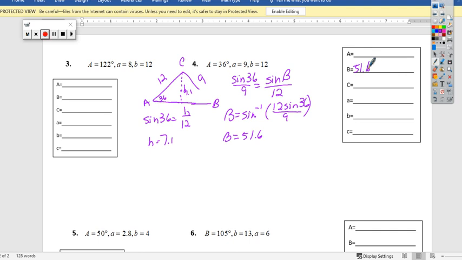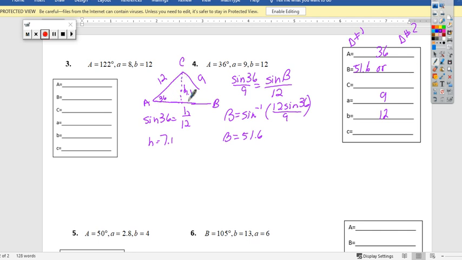I forgot to put the information in that was given. So angle A is set at 36 degrees, side A is set at 9, and B is set at 12. Again, this is going to be triangle number 1, triangle number 2. In order to find out what the possible obtuse triangle, because remember 9 could be coming in this way as